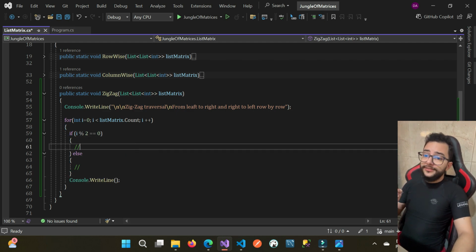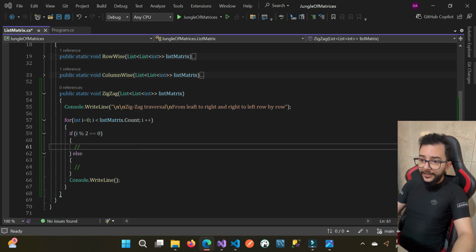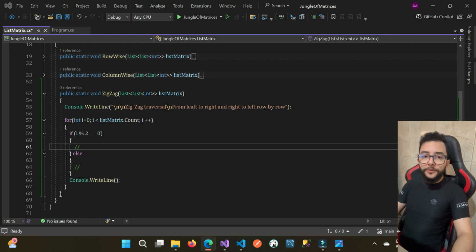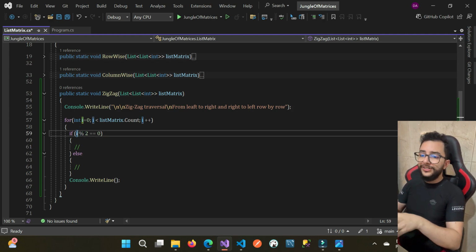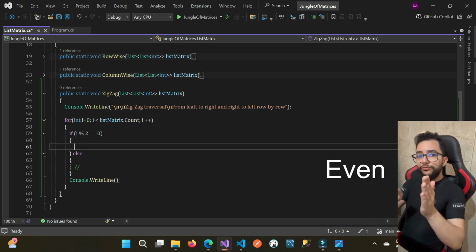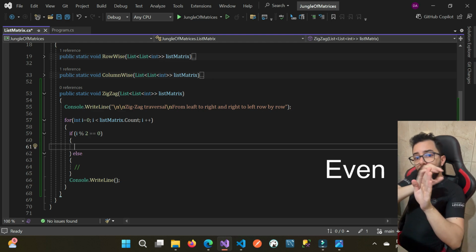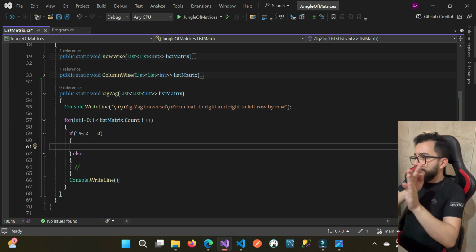If the rest of the division of i by 2 is equal to 0, then it is an even number. Else, it is an odd number. So this is how we can determine if the number is even or odd. So if the number is even, what we're going to do is traverse